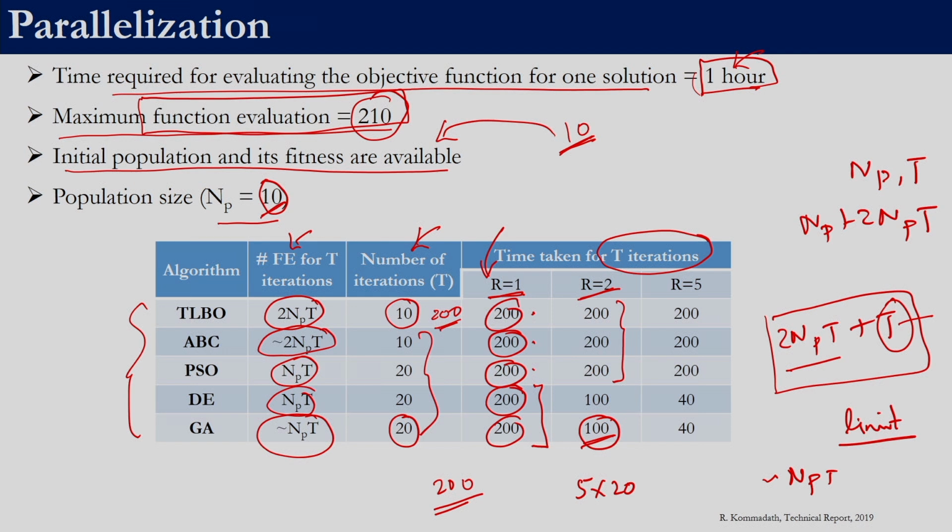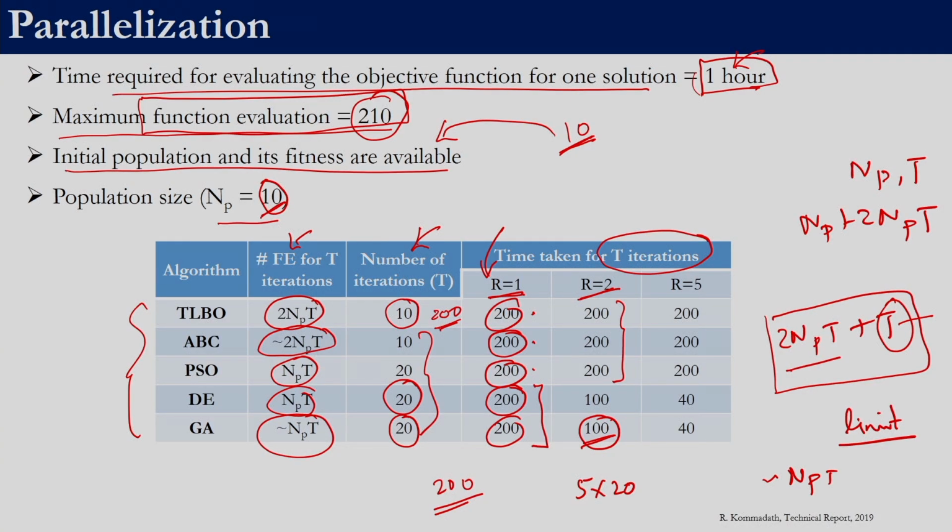In DE, if we have 10 solutions, we will generate 10 new solutions at the end of iteration 1. For those 10 new solutions, we need to evaluate the fitness function, and that can be done in parallel. Now, if we have 2 workers, those 10 solutions can be distributed to the 2 workers. We can have 5 solutions for each worker, and since it requires 1 hour to find the fitness function value, 5 solutions will require 5 hours, and again we need to perform 20 iterations. So, that is why we require 100 hours. As you can see, parallel computation does not benefit TLBO, ABC and PSO with respect to evaluating the objective